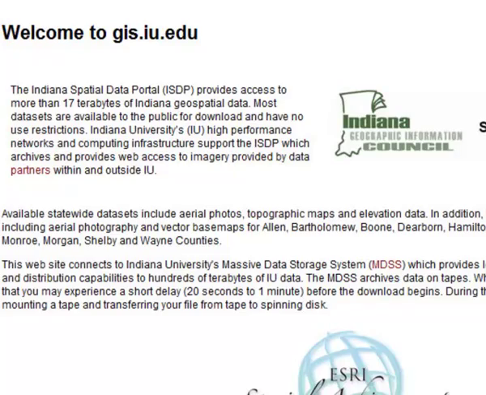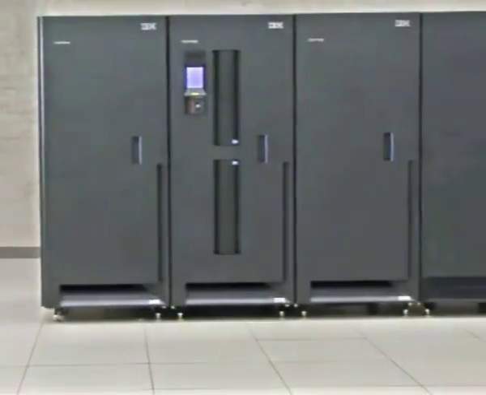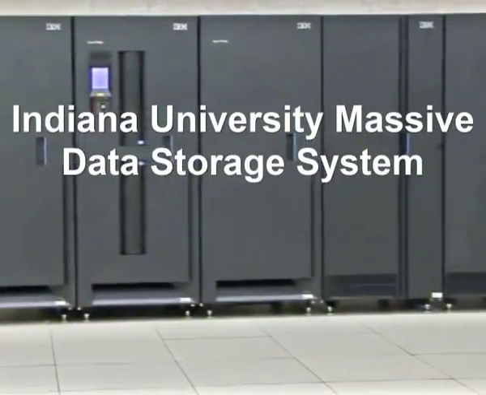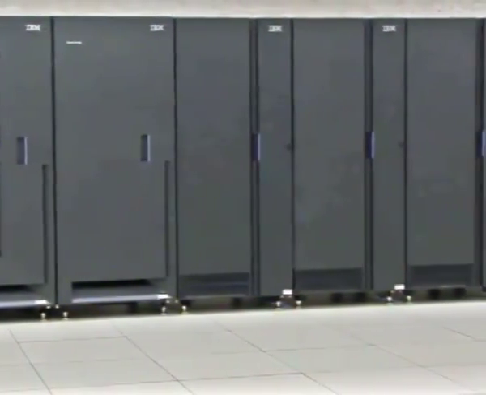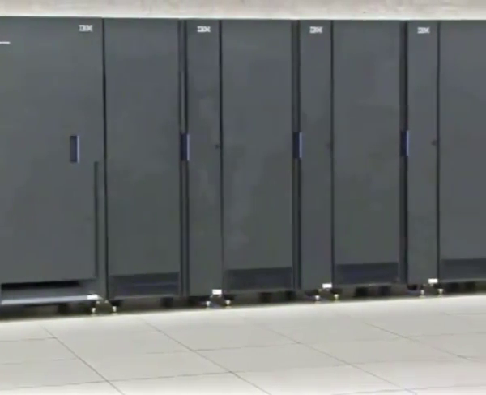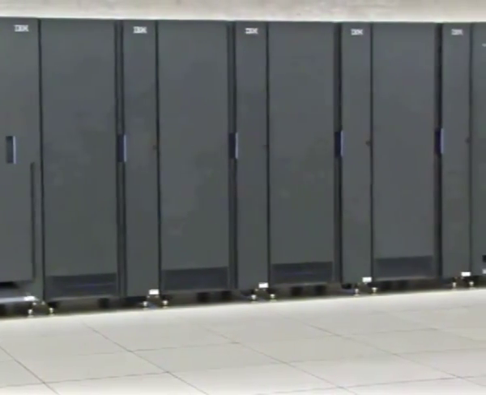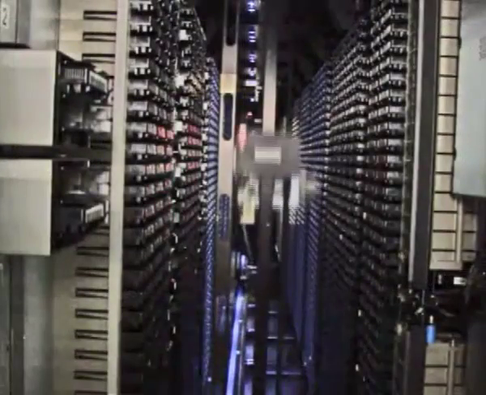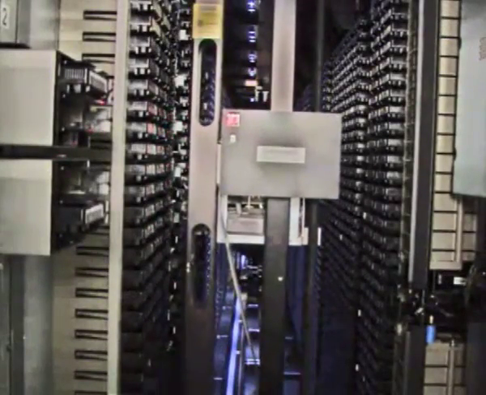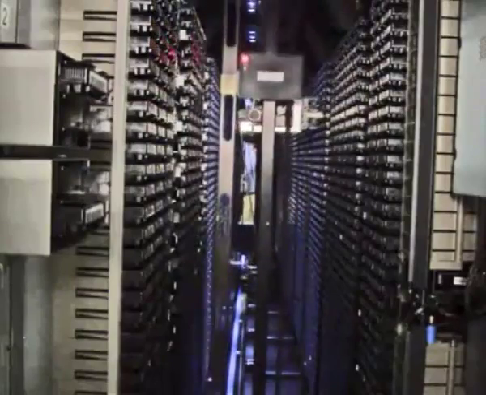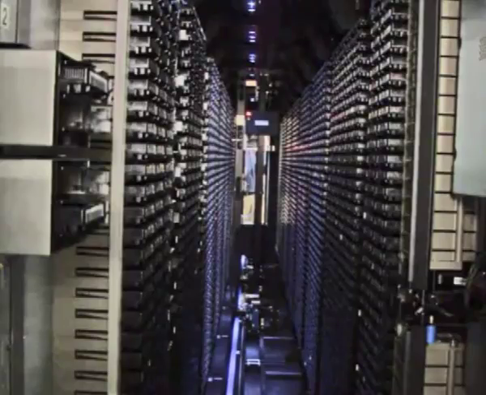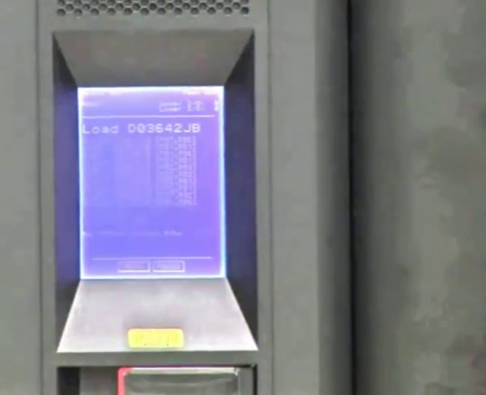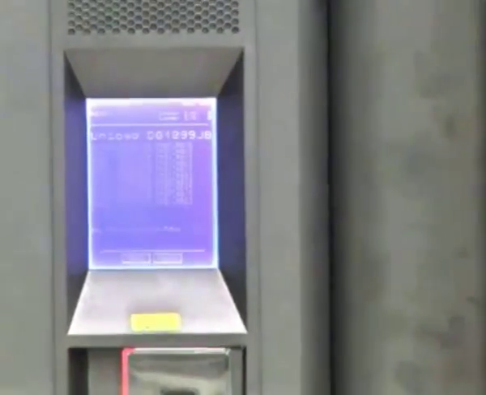The ISDP archives files on a robotic tape system called the Indiana University Massive Data Storage System. This nearline storage system may create a data transfer latency or delay. When a file download is initiated, the robotic arm retrieves the necessary tape and loads it into a tape reader. The requested file is then read from the tape and transferred to an online computer hard drive before the file transfer actually begins. If a file is frequently requested, it may already be online, eliminating the delay of reading from